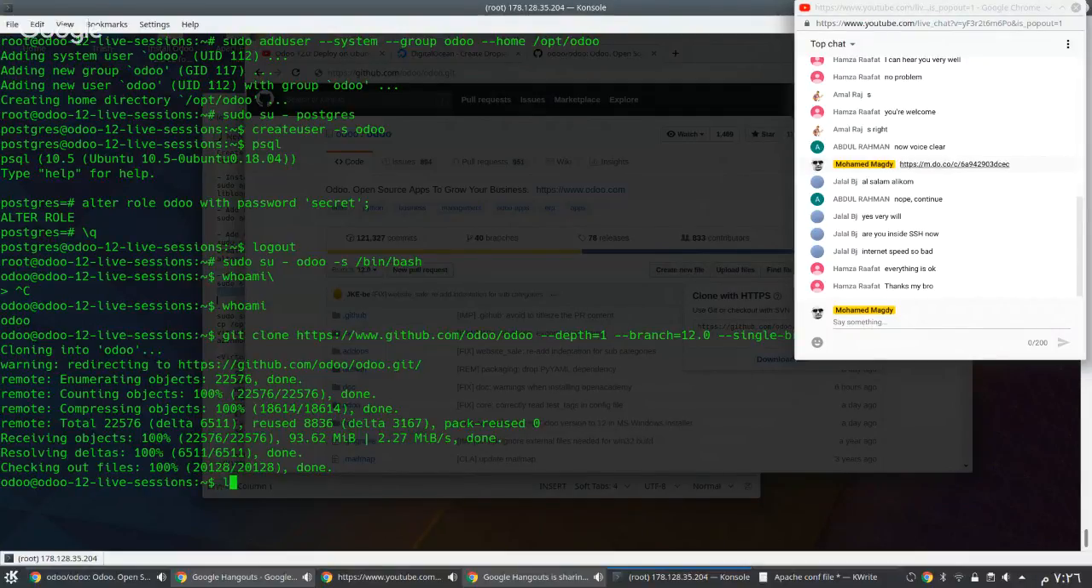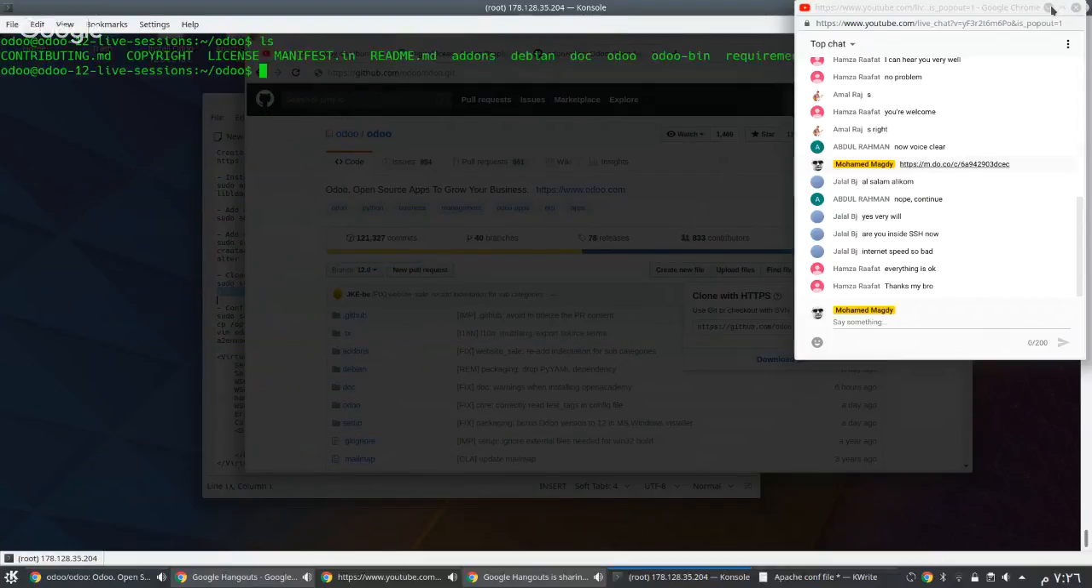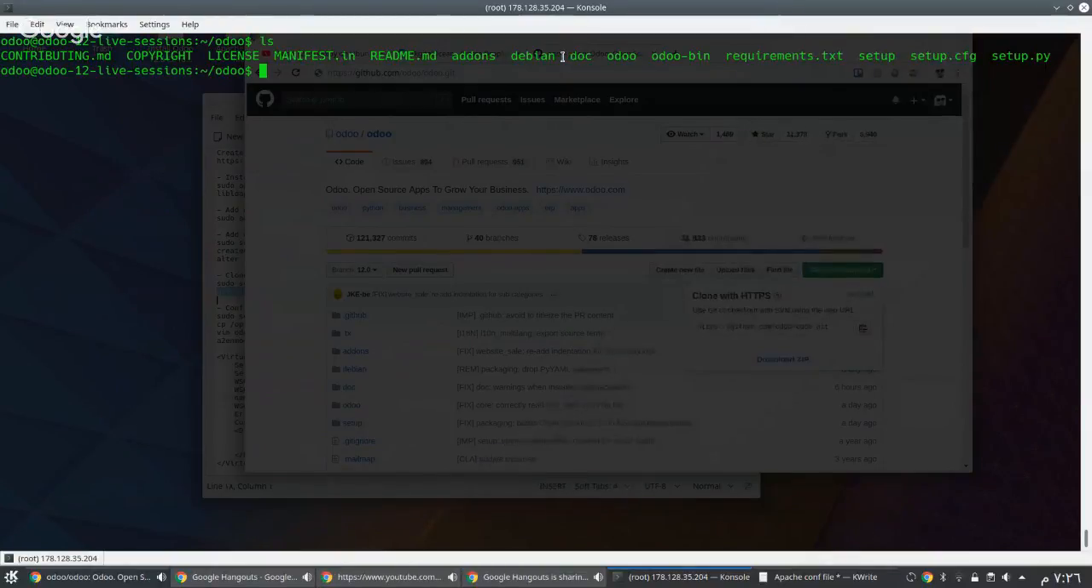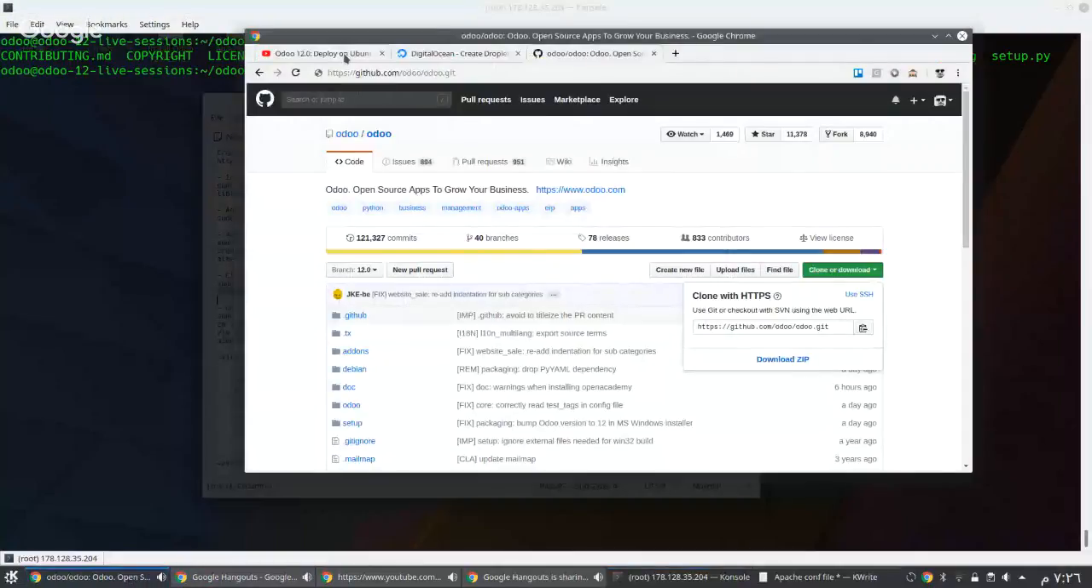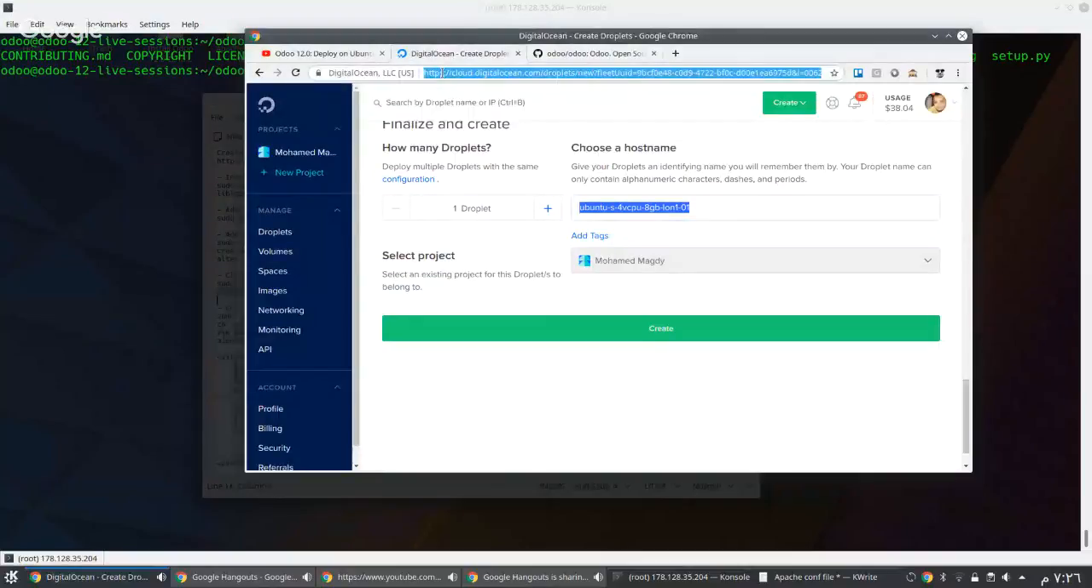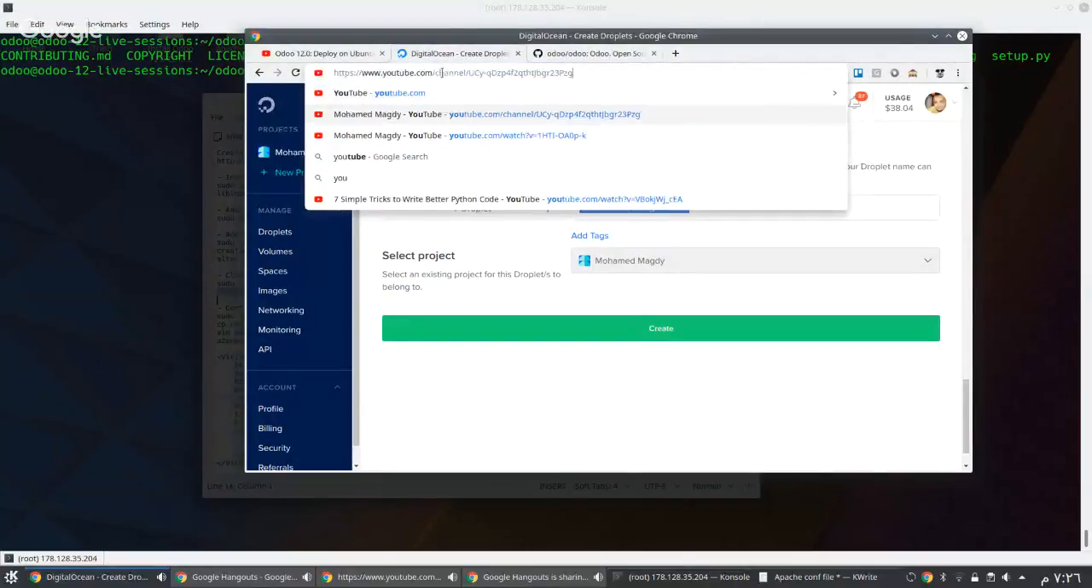Okay, now I have odoo. This is the source code for Odoo. I will navigate there. I have all the files. Of course, you can get more details about these files from the last session. If you want to navigate there, you can just go to my channel. I think we do not need DigitalOcean anymore, so I will